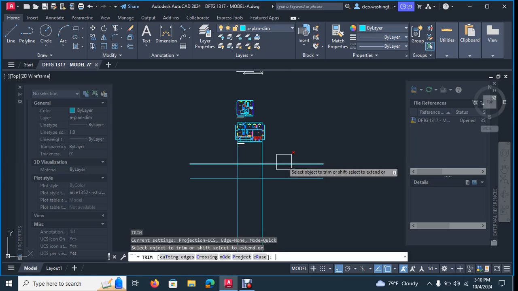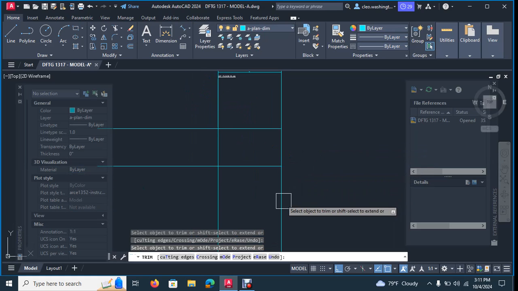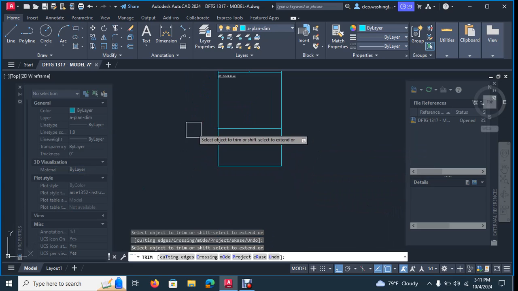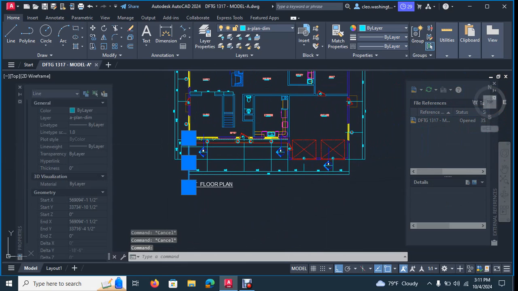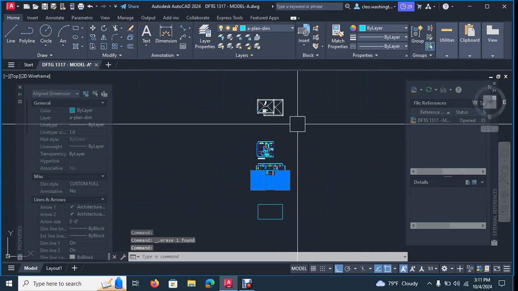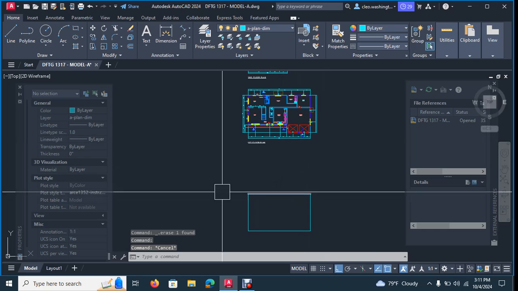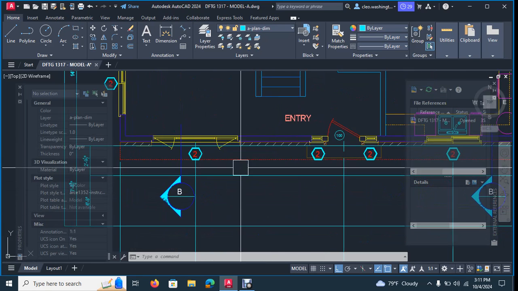So type in TR to trim it up, clean it up. TR, hit the space bar. Let's go ahead and clean this up. And make sure you delete any lines that are projecting down from the roof plan. Okay, so this is your footprint of the first floor, right? So now what you want to do is,